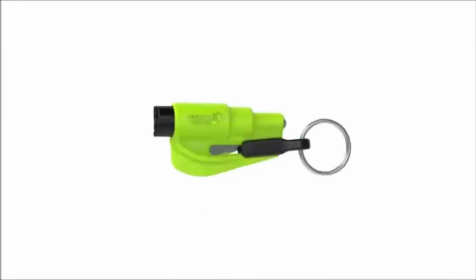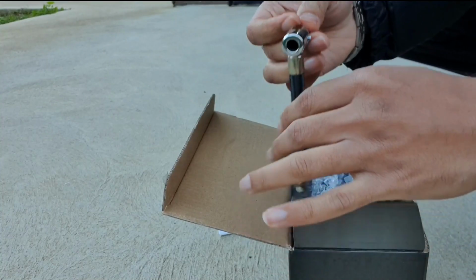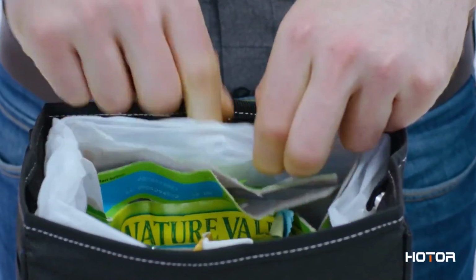How much do you love your car? Is it just a way to get around or an extension of who you are? Either way, we can all agree that our cars deserve the best. That's why we've created the ultimate list of car gadgets, the top 16, to make you love your ride even